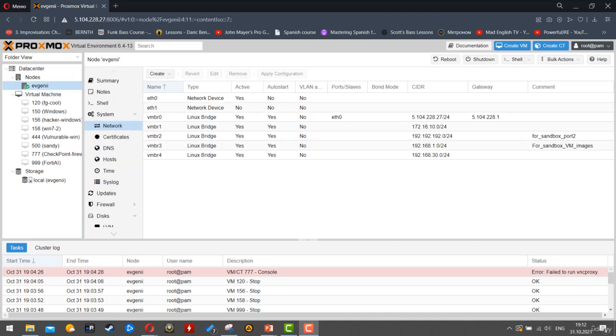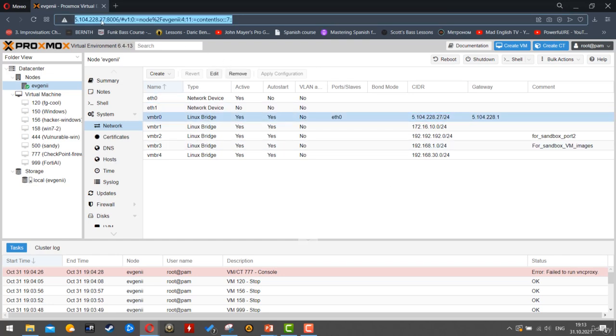The first thing you need to do is get into the node where you have your name, and then find the network system configuration parameter, and I have it right here. The nodes, then you go for system, and then you go for network. Over here you can see a bunch of interfaces, and some of them have IP addresses. The IP address that I have over here on VMBR0 is basically the address I'm using to connect over here, right? This is the same address I use in my browser to connect remotely to my Proxmox to manage all of that